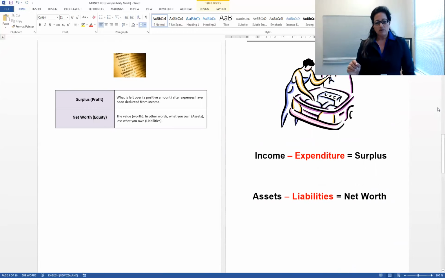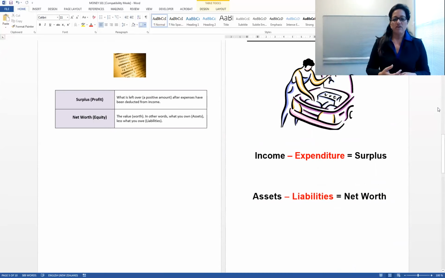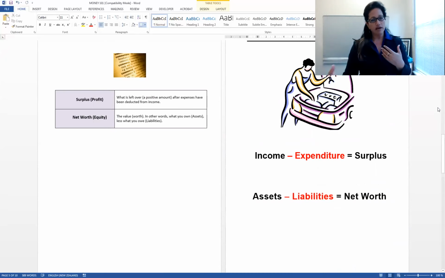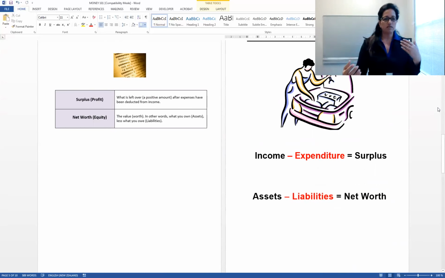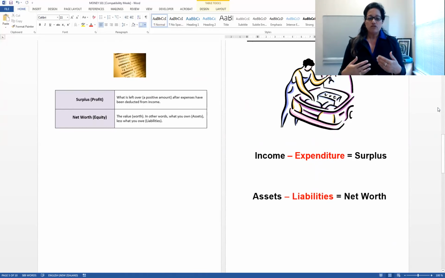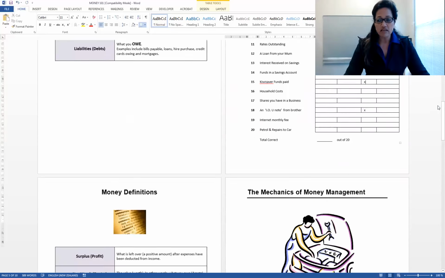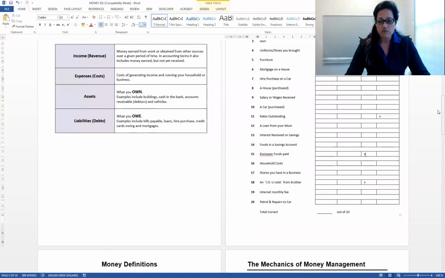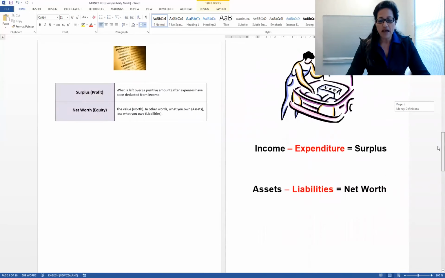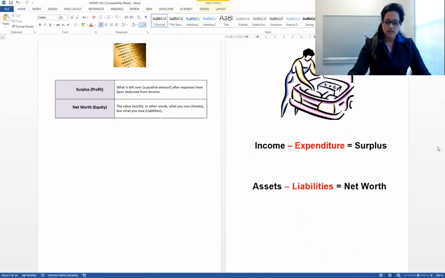Also, I just want to say that a lot of us tend to focus on the top line and only the top line, because we're thinking that that's all we need to focus on: getting income and paying out expenditure, income, expenditure. Whatever's left over, we spend some more. By showing you that it's not just about that top line, it's also about that bottom line, we can start thinking a bit more strategically about how we use the surplus and focus also on building our net